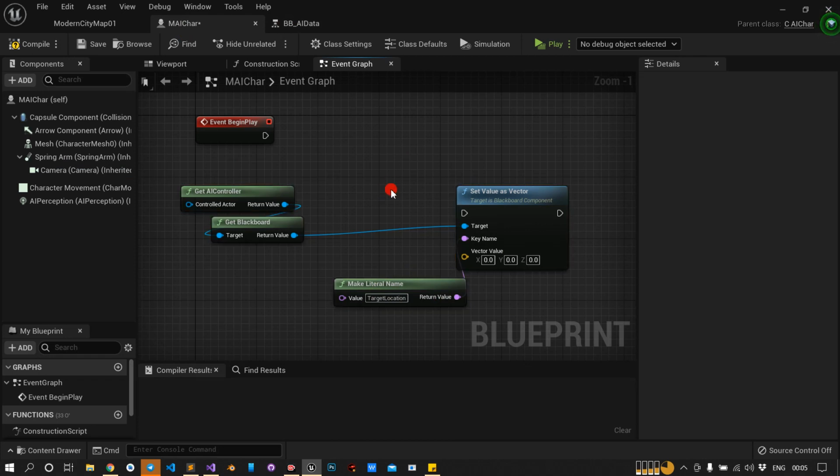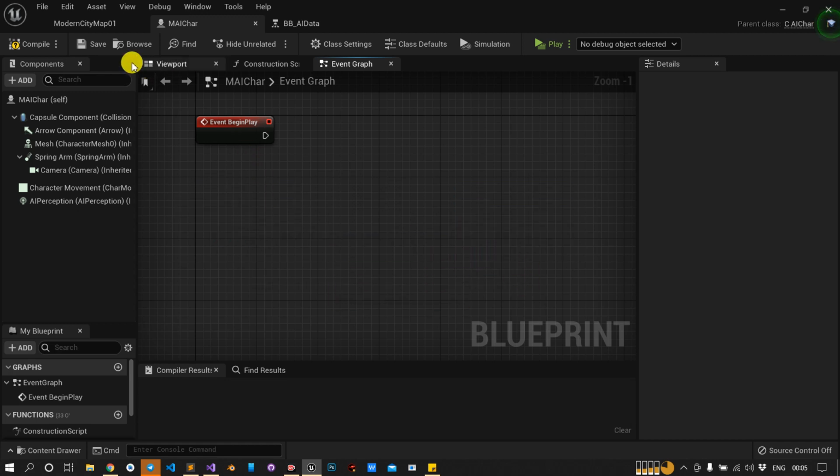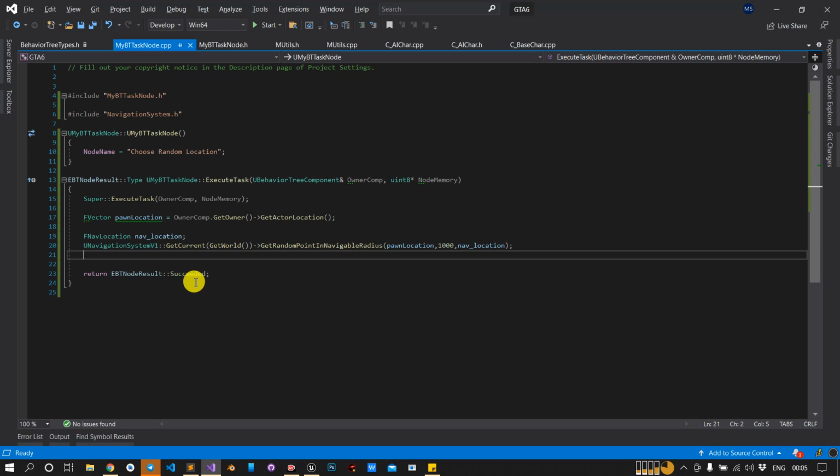So we will use the same method. We will get the controller, then call the blackboard, and set the key inside that. Okay, so just switch back to Visual Studio, and here I will call OwnerComp.GetBlackboardComponent.SetValueAs.